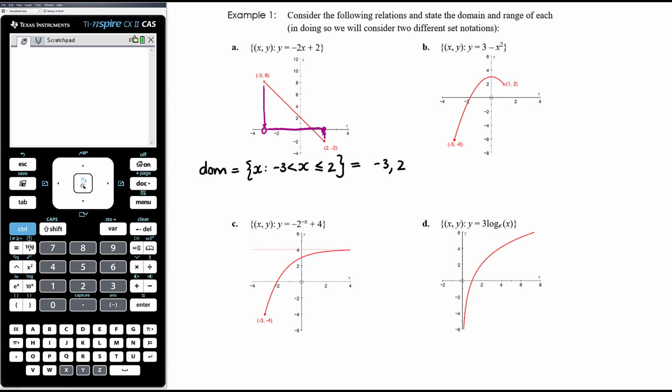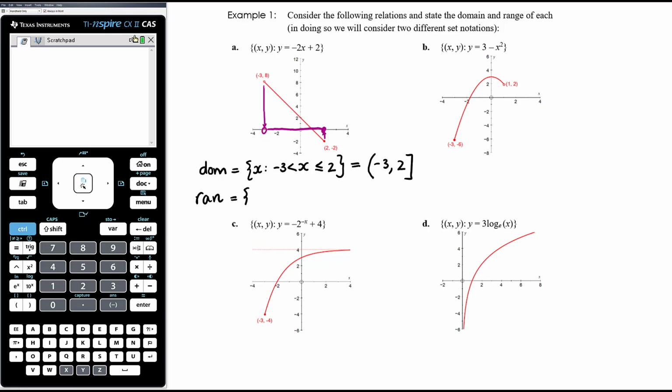-3 is not included, so we write a round bracket around -3, and +2 is included, so we write a square bracket around +2. The second notation, the interval notation, is almost always my preference when talking about domain and range. If we want to describe the range of this relation, which is also a function,